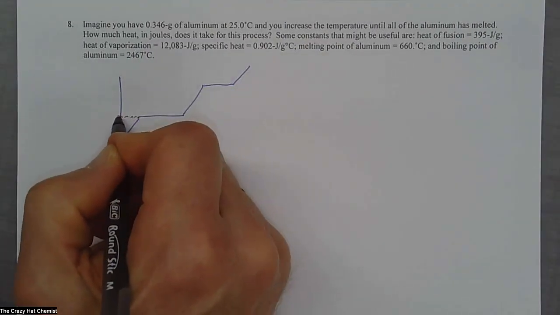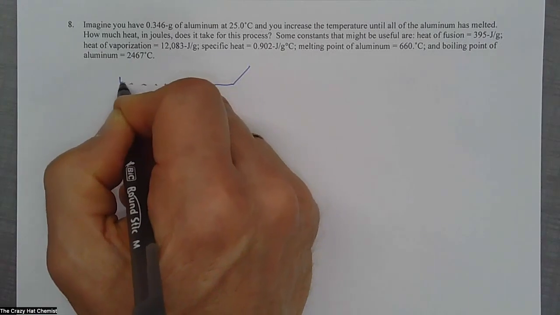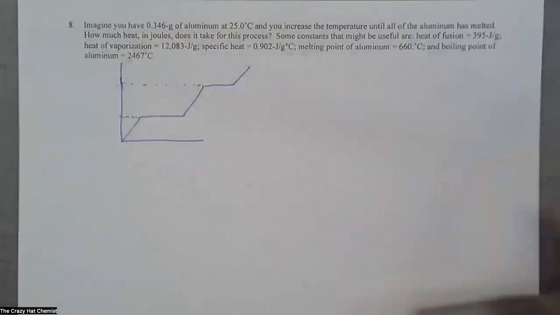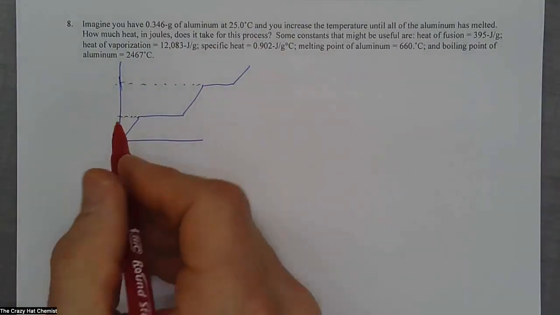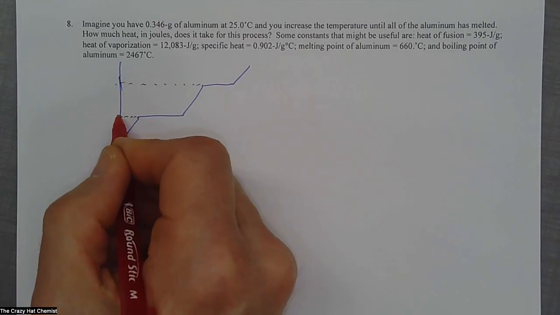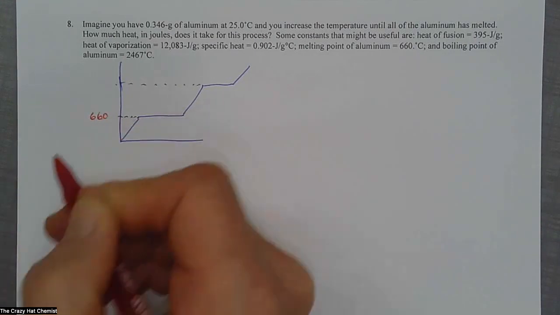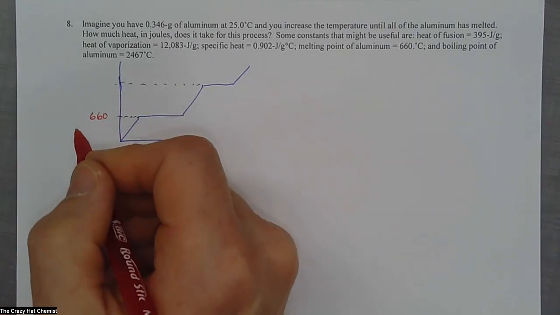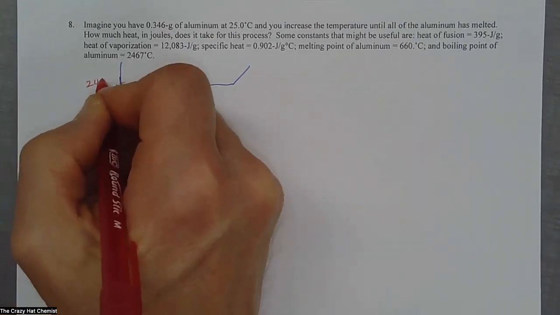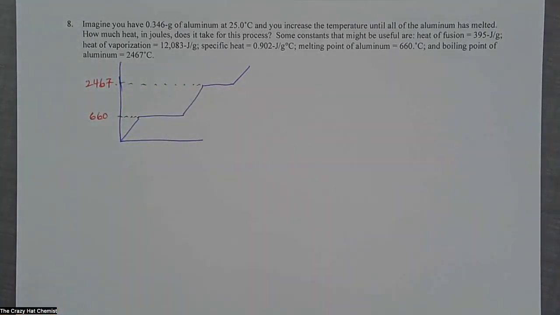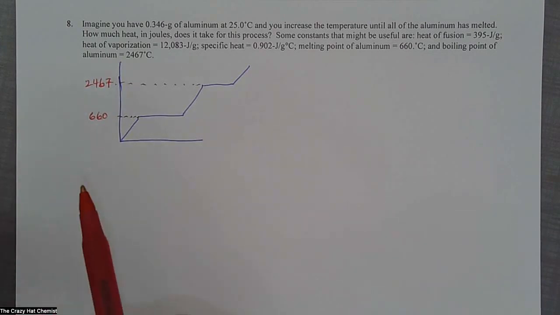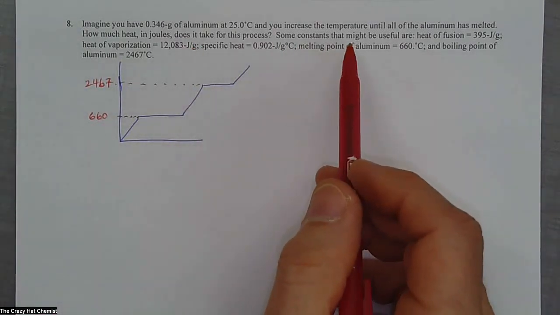Okay, and this is based on these graphs. So the graphs that we had previously were based on water, but they are based on the melting point, which is the melting point for aluminum is 660. And then the boiling point for aluminum is 2467. Okay, so what I need to do is find the lowest temperature. And what is the lowest temperature? So the lowest temperature is